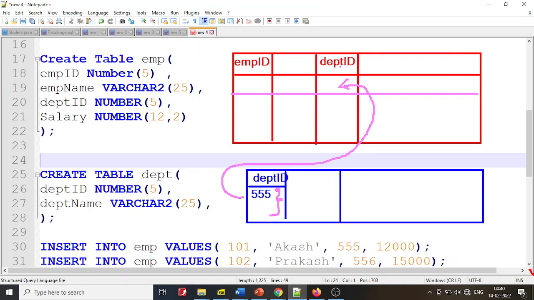So if I want to know the name of the department, I have this department number 555 over here, let's say, but I don't know the name of the department. That detail is available in the other table. So by looking at this 555 number over here, I have to go to the other table to find the details of the department. So how do I relate the two tables together